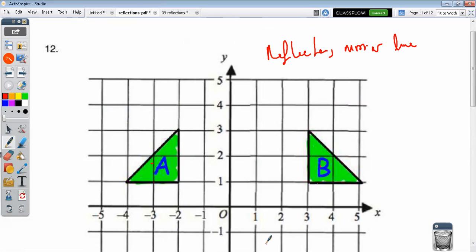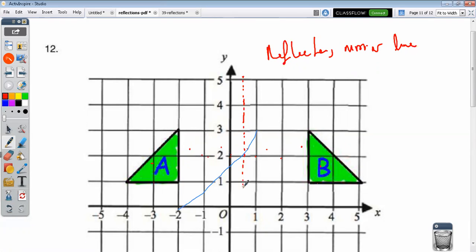What you simply do is count the number of boxes: 1, 2, 3, 4, 5. Clear? There are 5 boxes. Then I divide them by 2 because it has to be halfway. So if I divide by 2, it is 2.5. So it means the